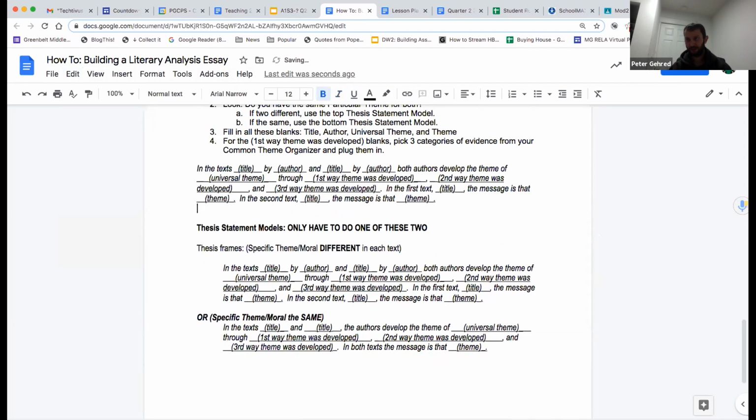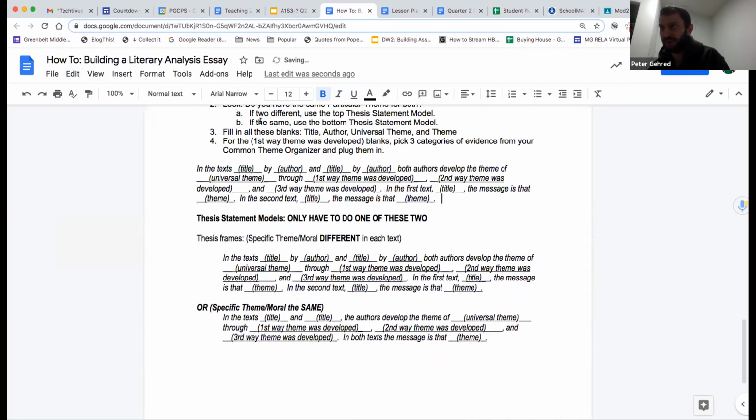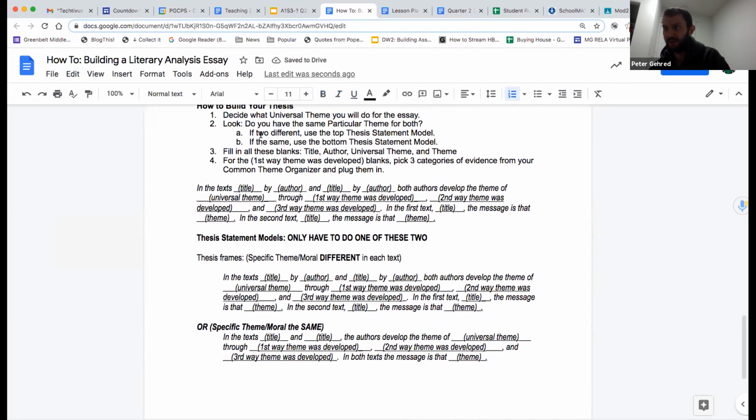So now, okay, what's the next step? We brought this, we chose that, we said they're 2 different, so we use the top. If they're one and the same, you'd use the bottom. All right, fill in these blanks. So we have title, author, title, author. Now these are the 2 different ones. So in the text,